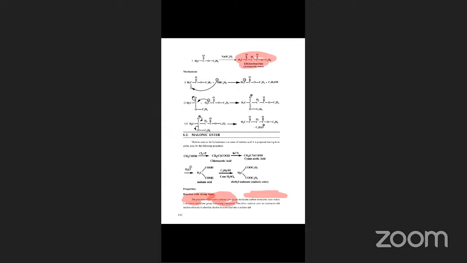CH3 C double bond O CH2 C double bond O O C2H5. See, this is also same: CH3 C double bond O CH2 C double bond O O C2H5. Same or not? Yes, sir, it is same. So that's why I am saying Claisen condensation or preparation of S2 ester or EAA, ethyl acetoacetate, all 3 are same. Another name is beta keto ester. Why it is called beta keto ester is, this is the functional group, this is the alpha carbon,